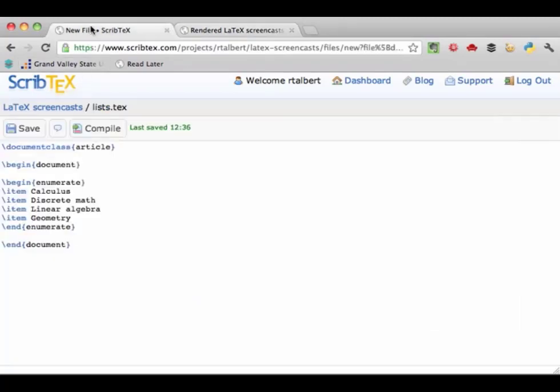If you want to create a sublist, just start a new enumerate environment within the current one. For example, let's suppose I wanted to add calculus 1, calculus 2, and calculus 3 as a sublist underneath the calculus item. Go underneath the calculus item and start a new enumerate environment. And then add those 3 items,